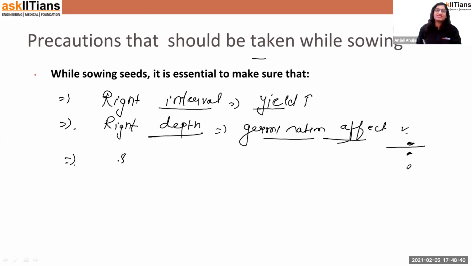The seed selection should be done. It should be healthy. It should be resistant to and so on. All the points I've explained to you. So selection should be done in a proper way. These are the points. Selection point itself, I have written as a word, but I have explained all the characteristics,